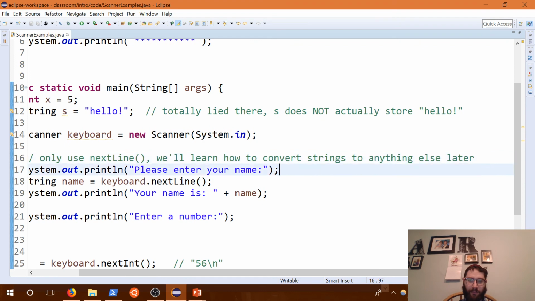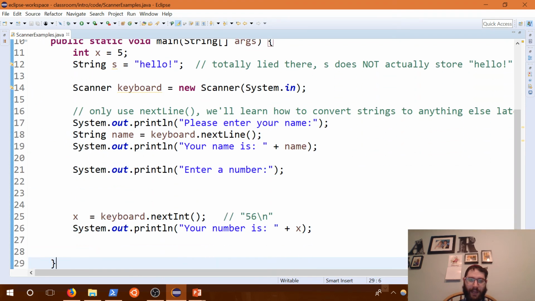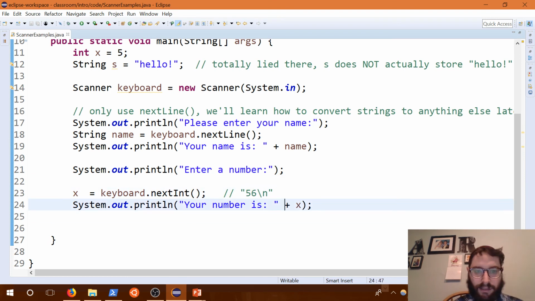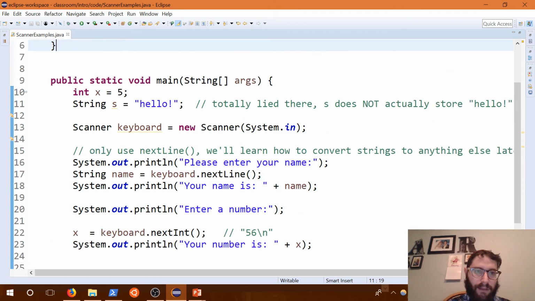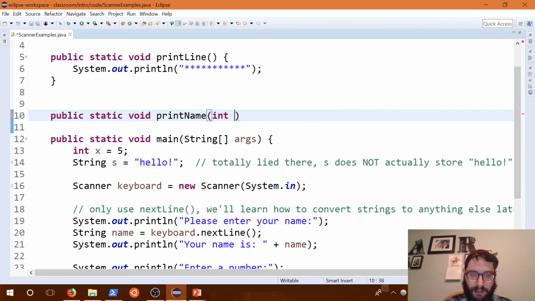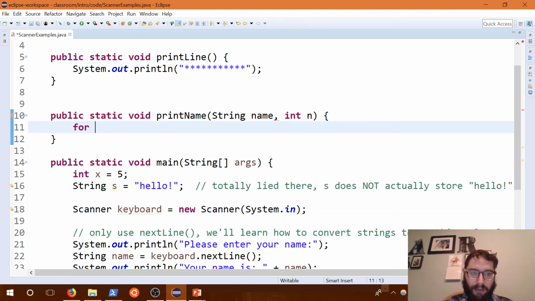But let's assume we don't follow my advice right now. We can do this, and now we can create something like a method over here that says public static void printName, string name, int n, and this will print the name, and we can write a loop that will print the